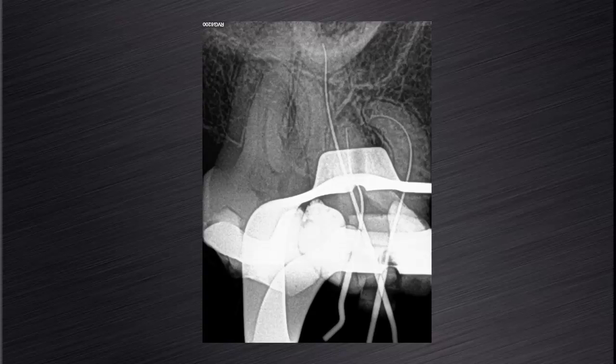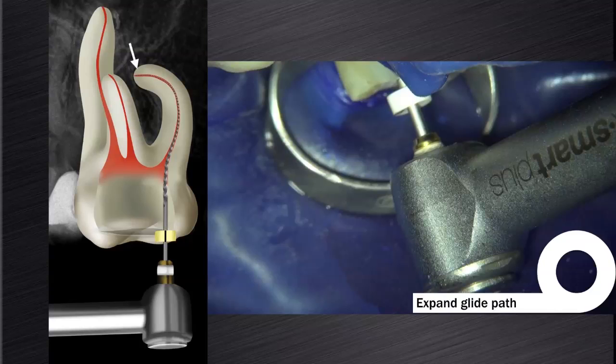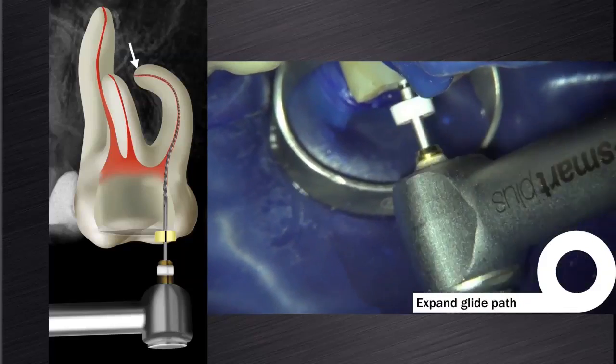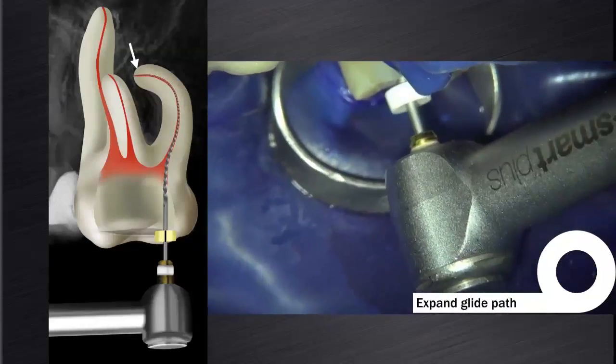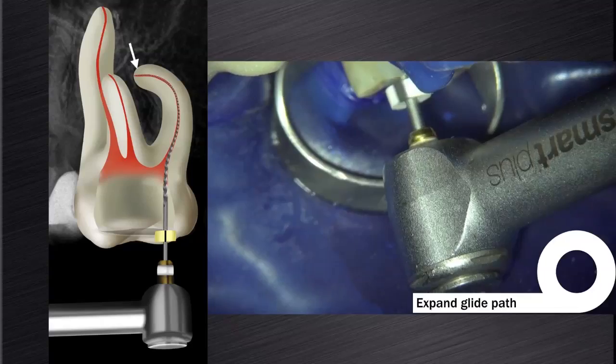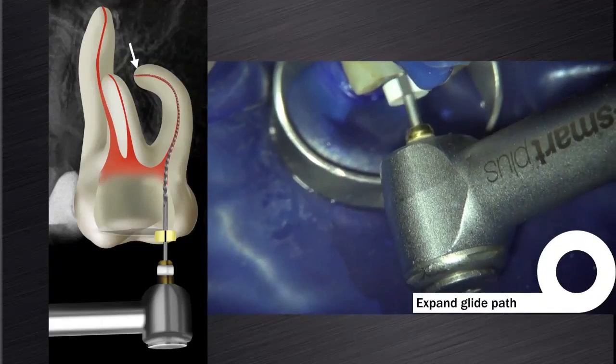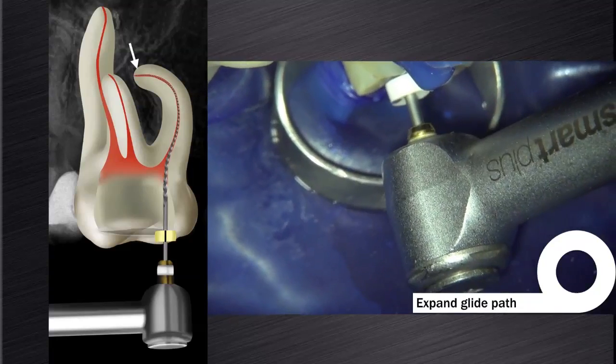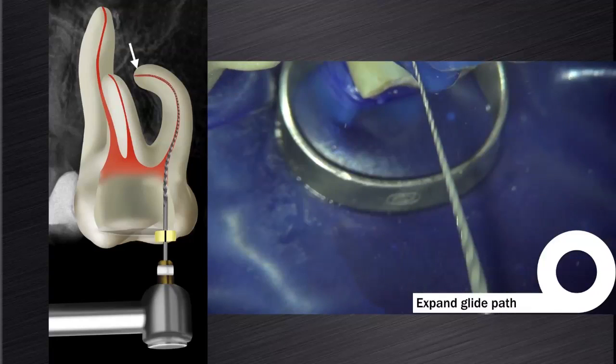Here we can see the periapical radiograph of my working length radiograph, clearly illustrating the complex anatomy of the mesobuccal root canal system. Once we achieved working length and made a size 10K file loose to create a reproducible glide path, then you can go back to the ProGlider to expand the glide path to full working length. On this video you can see that I'm using small backstroke brushing motions to expand the glide path before we do canal preparation with the ProTaper Next instruments.